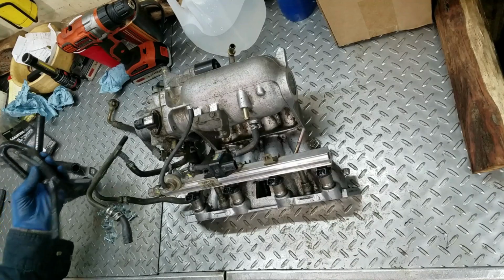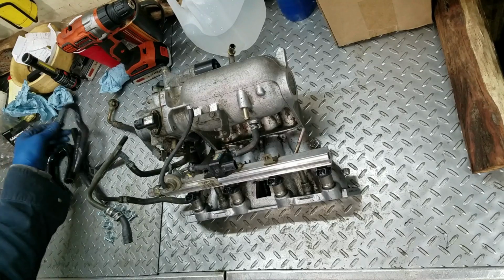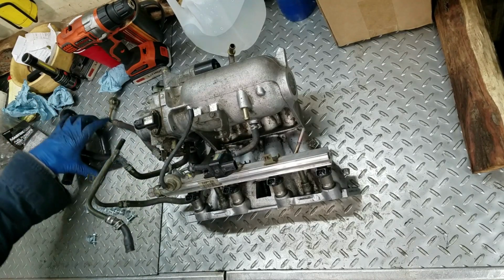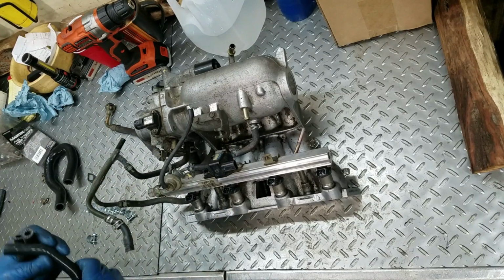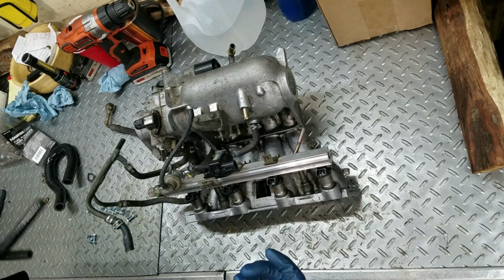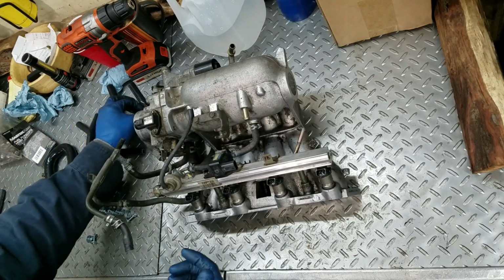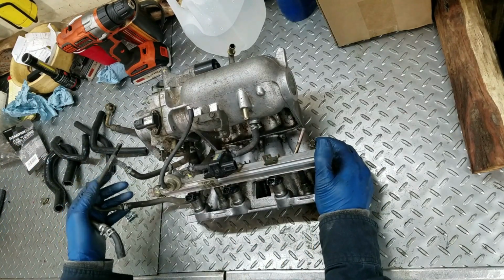These are all the silicone hoses I got left in that kit. I think I can use one of them, maybe two. I don't know. This stuff is wrong. It's probably for a D16 Y7 or something. Y8's got different intake manifolds on them. So I got some